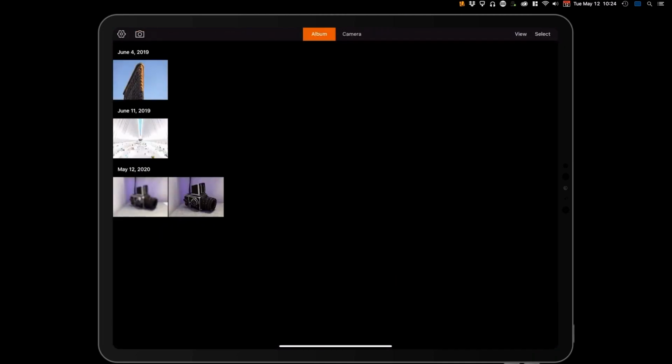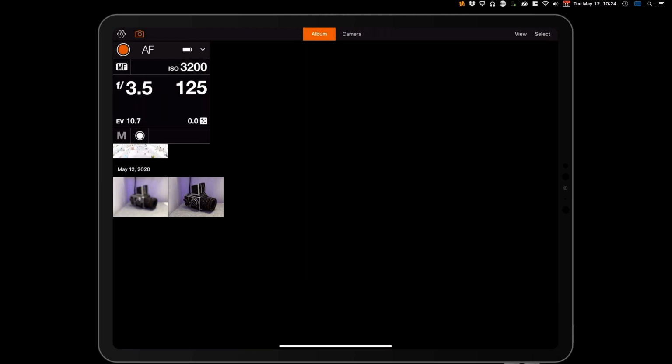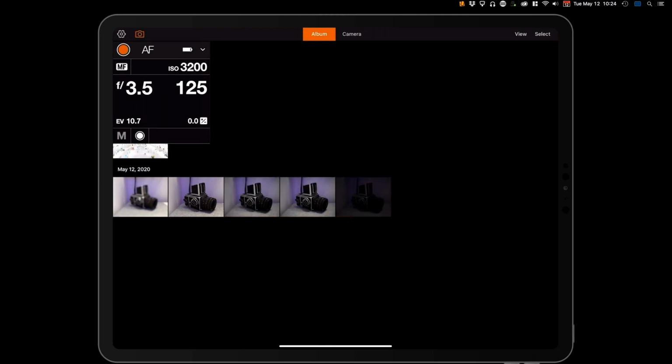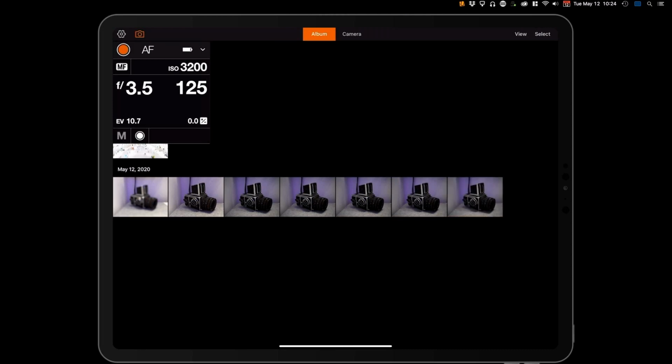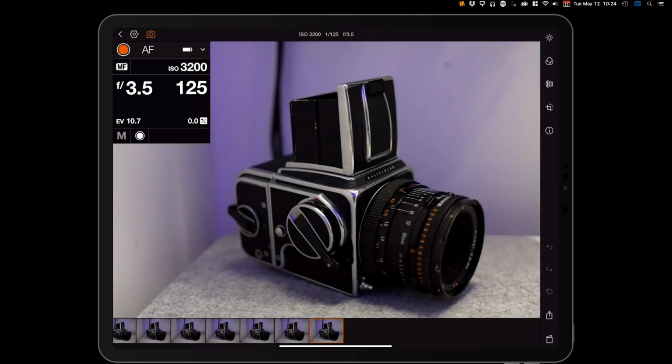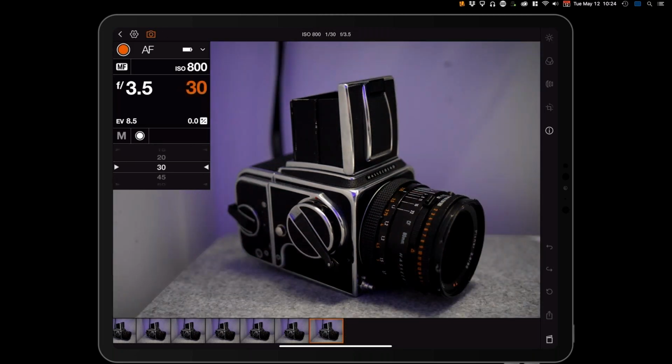So if, for example, I back out of the large view and fire off quite a regular series of shots, you can actually see that in that continuous drive burst mode, it's very quick to bring those images in. So in this case, my exposure is not far off. Maybe perhaps I shouldn't be at ISO 3200, so I'll just bring that down 2 stops and adjust my shutter speed accordingly and make sure that we're still there.